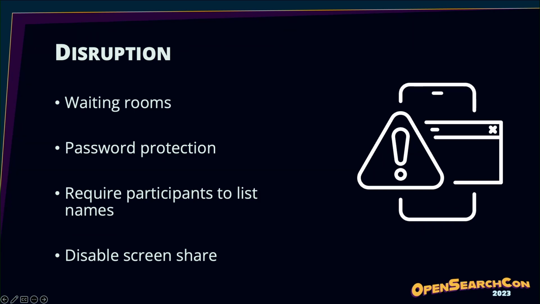Finally, 7 months ago, we had a particularly bad bout of Zoom bombing and implemented the final two changes listed. Those are requiring participants to list their name in order to join, meaning we no longer allowed users to have a phone number or just iPhone, as well as disabling screen share for anyone that is not a host or co-host. This prevents anyone from maliciously taking over the screen share and showing inappropriate imagery. Since making these final changes, we've been without incident.